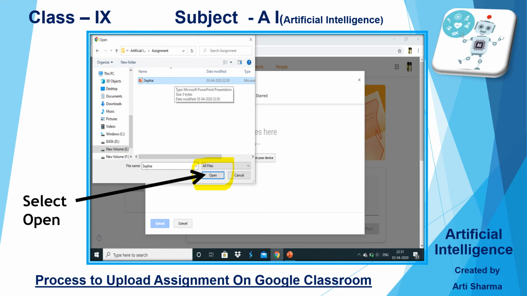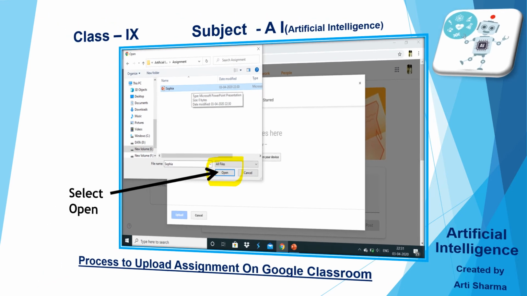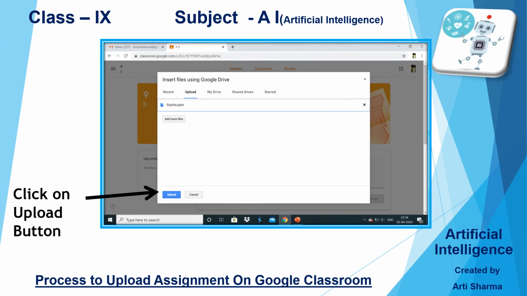All of you know, whenever you want to open a file, first we have to select it and then click on the open button. When you click on open, you can see your file is uploaded, attached here. The same name, Sophia.pptx, is displayed here.